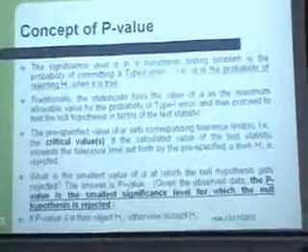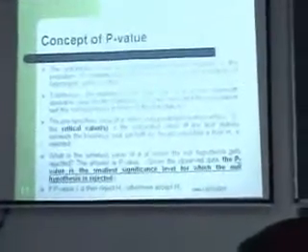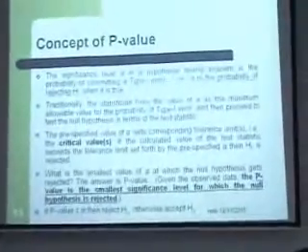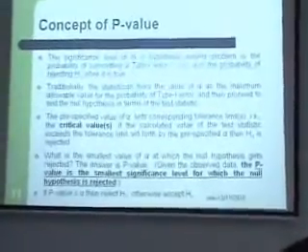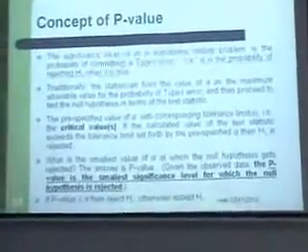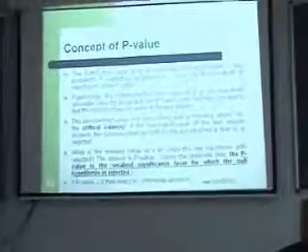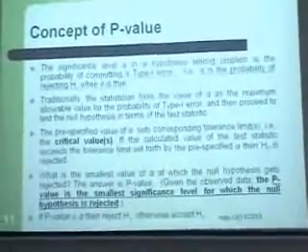Regarding statistical software, you should know this concept, the p-value. Suppose you are doing the analysis manually, you have a statistical table. You compute the calculated value, then refer to the table value, and based on that you give the conclusion. If the calculated value is less than the table value, then the hypothesis may be accepted. Otherwise, the hypothesis is rejected. Statistical tables are available, but in software, the table is not available. Software tells only the p-value. How to interpret based on the p-value? Let us go through this.